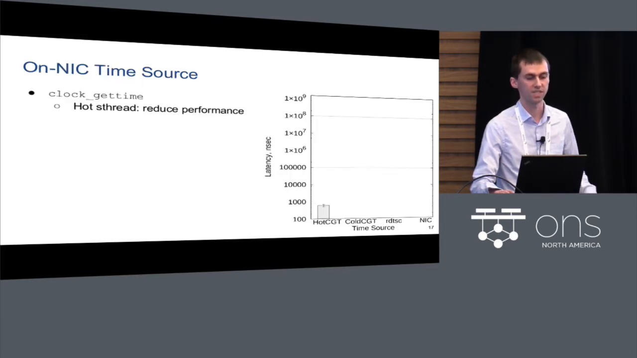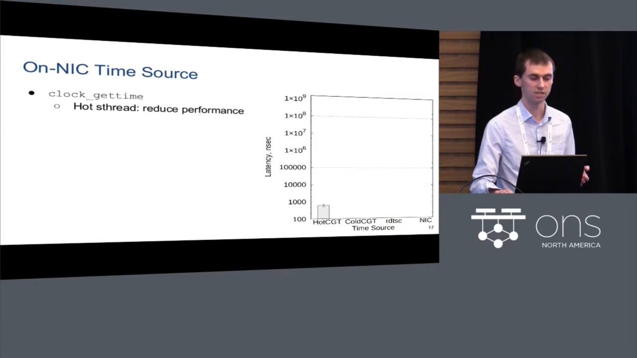Another optimization that we have implemented is that we use an on-network-interface-card time source, because time is read quite a lot in Click, for example, to do element scheduling. And if we use the clock_gettime system call to read time, we have several problems. One of them would be that we have to do the system call, which in case of the SCONE